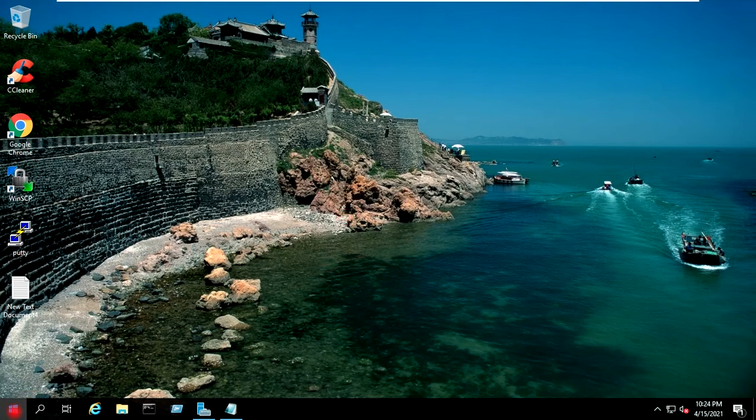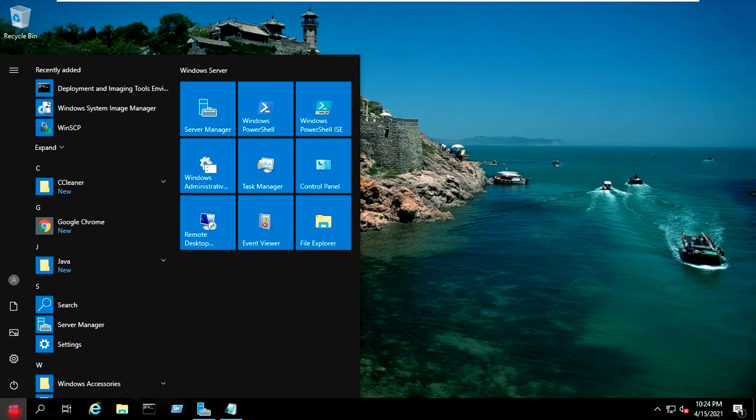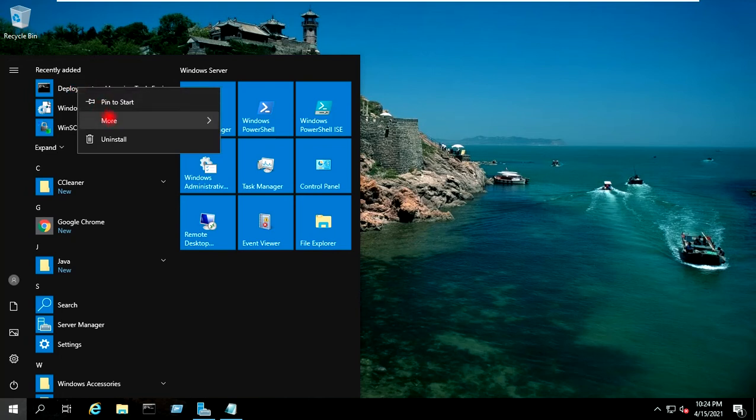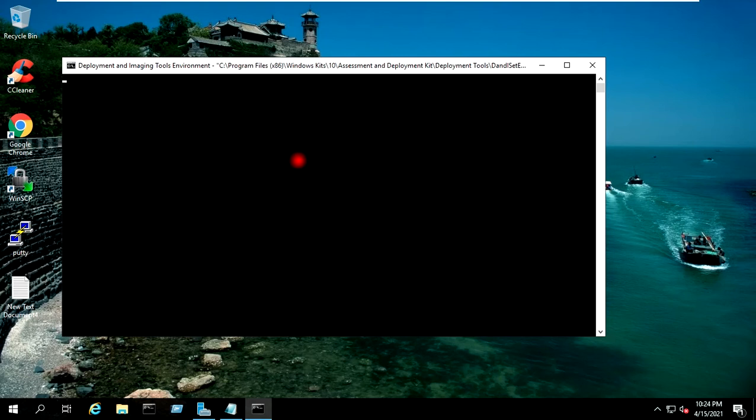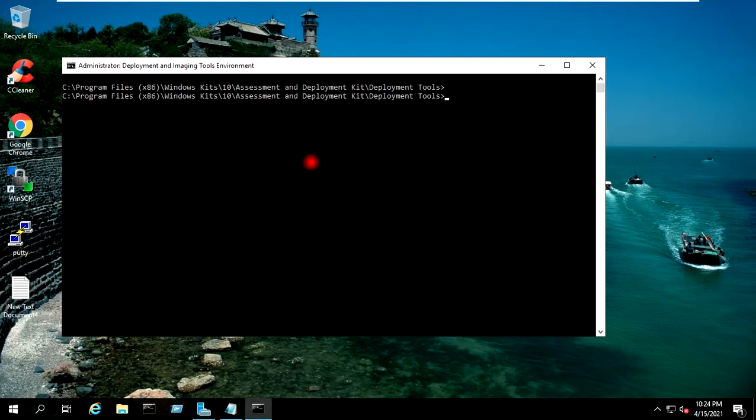I will go to start and I will right click on deployment and imaging tools and I will click on run as administrator. I will type here cd backslash and hit enter to go to C drive.